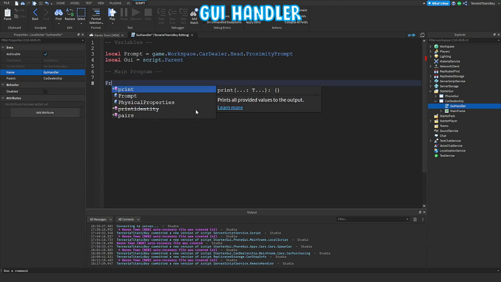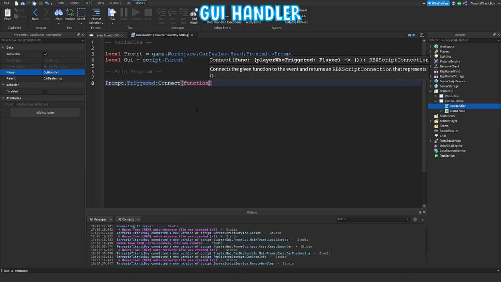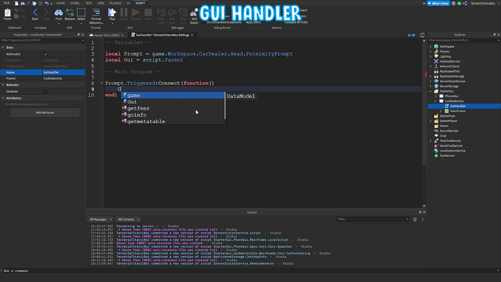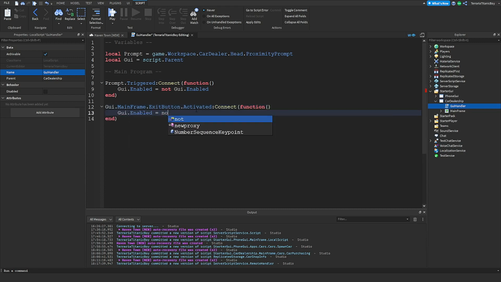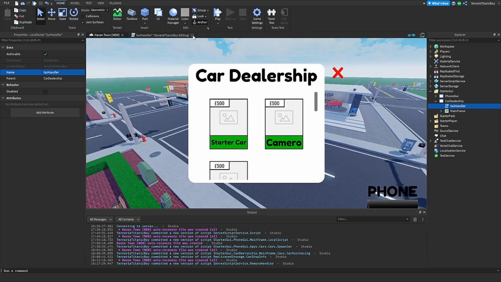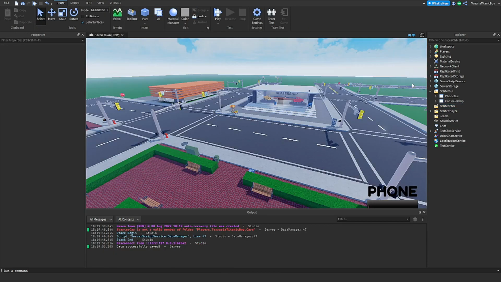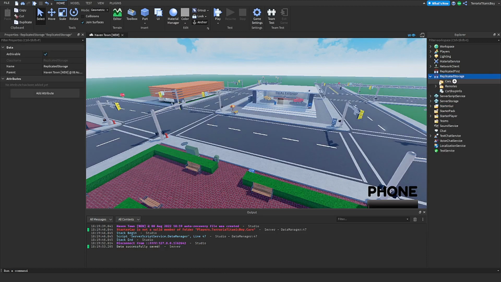which is prompt.Triggered:Connect(function() GUI.Enabled = not GUI.Enabled, and then GUI.MainFrame.ExitButton.Activated:Connect(function() GUI.Enabled = not GUI.Enabled. Awesome, we're just going to cancel off that. Okay, before we test, we do need to actually add in the cars,